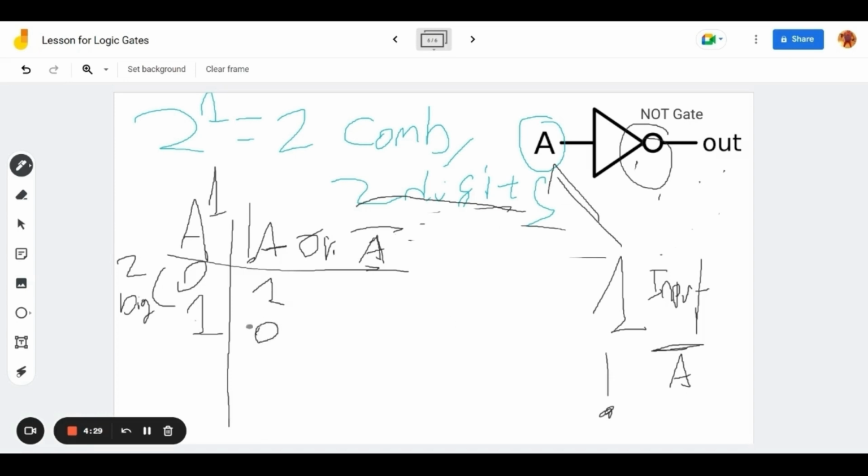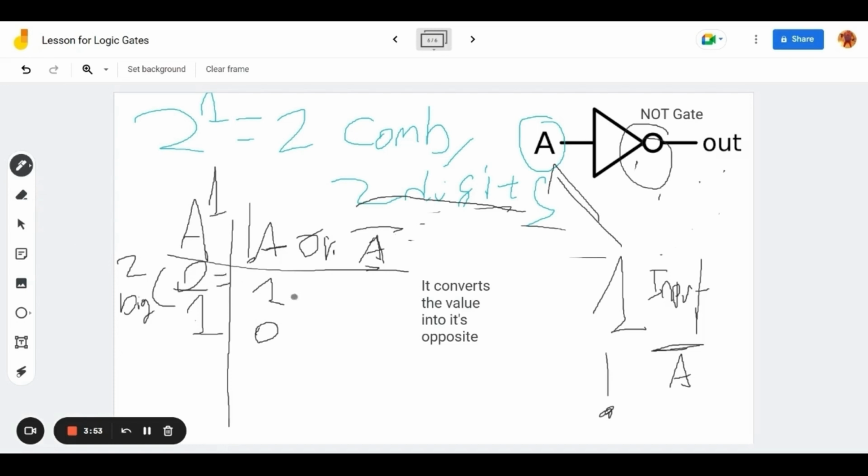So basically, what the NOT gate does, I'll write it out for you. What the NOT gate does is it converts the value into its opposite. So what this means is that, as you can see here, because there's a 0 here,